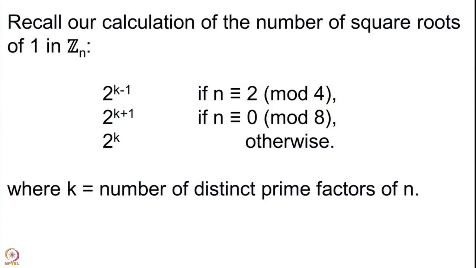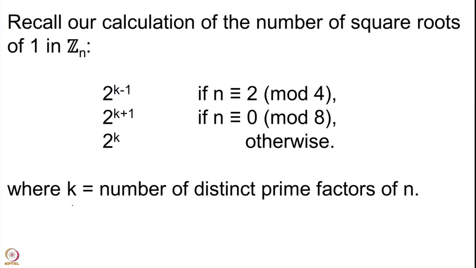So, the groups which can be cyclic are among the remaining ones, and we will study them one by one. That is our plan. So, now let us look at the UN which cannot be cyclic, and therefore, we will have to recall the number of square roots of 1 that we have already computed. So, these are the number of square roots of 1 in Zn, and if you remember, this was the exact description.